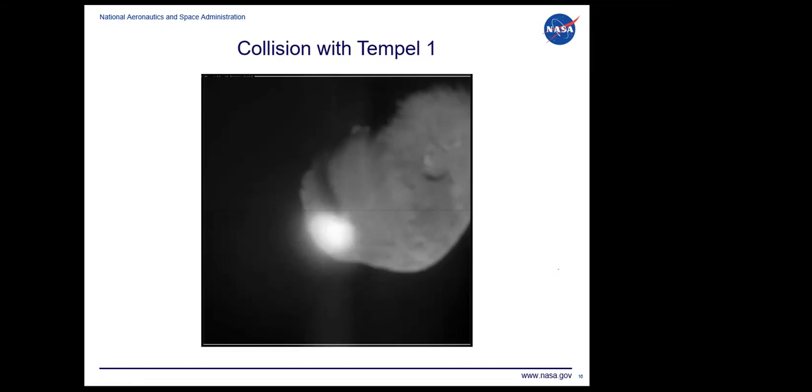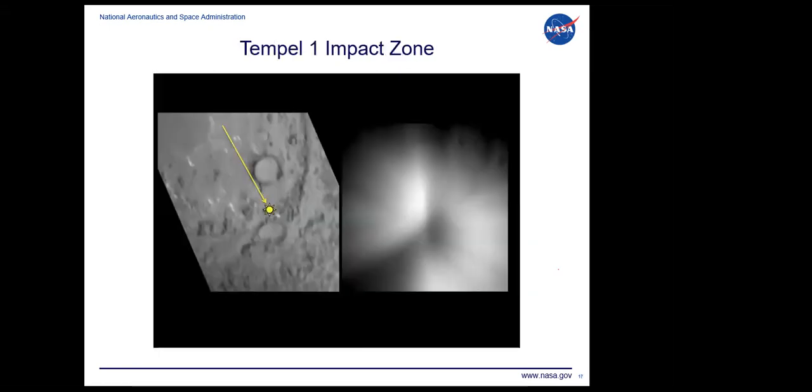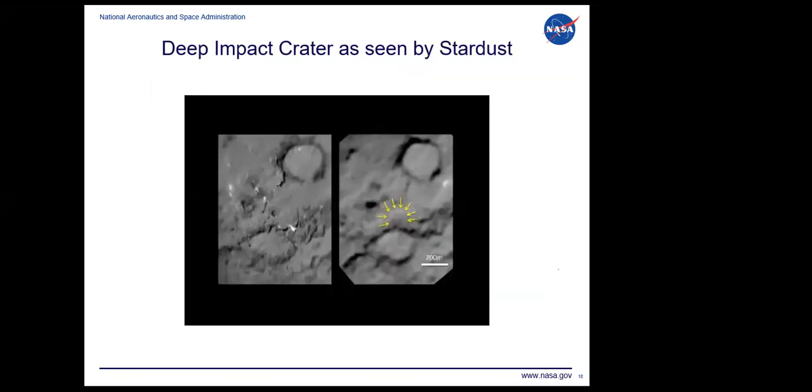And of course, all the big telescopes were also looking at that and taking measurements. This was a pre-impact picture and the impact itself, taken after it hit. You lose all detail, of course, in the dust. But NASA tends to reuse satellites. And Stardust was one that gathered interplanetary dust on glass plates, and after dropping the glass plates off at Earth,